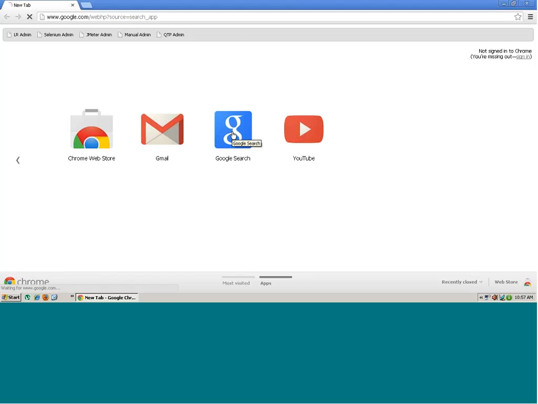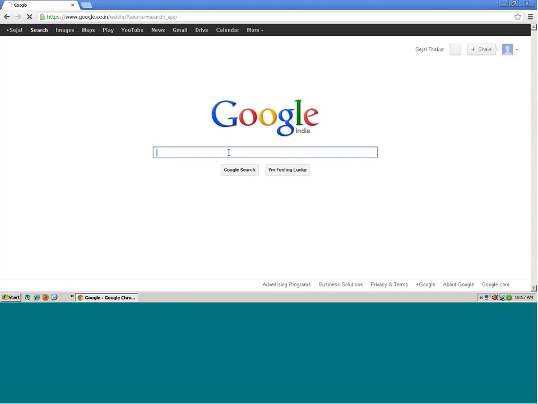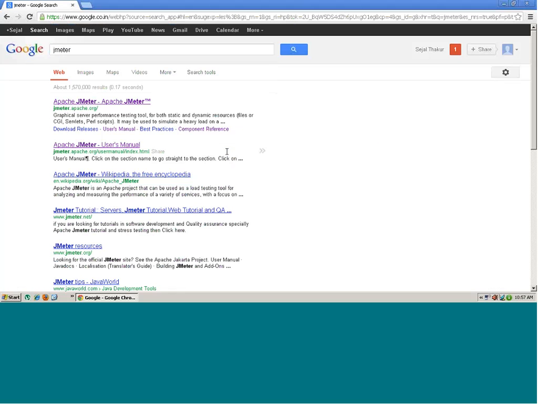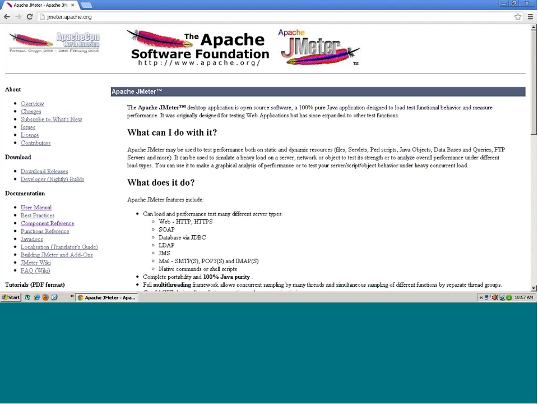So what you need to do as the first step is to download JMeter. You type JMeter on Google. Now JMeter is a tool by Apache. The first link that you get, Apache JMeter, click on that link. On the left side, you will see a lot of other links like overview, changes, issues, license, contributors, user manual, best practices, and so on. Under the download section, you have two links here, download releases and nightly builds. So click on this download releases,